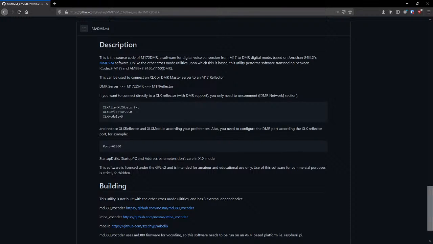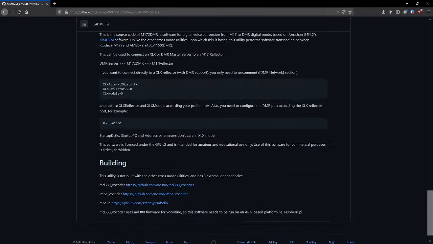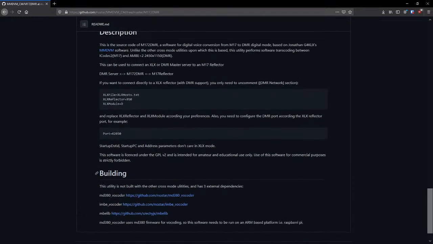And it basically tells you it goes from a DMR server to M17 to DMR and then to an M17 reflector. So it transcodes anything coming off of a DMR server into M17 and puts it into an M17 reflector, and it also works backwards, M17 reflector to DMR and then back into the DMR server. It seems to be pretty easy to set up, and I'll go through the whole process here,